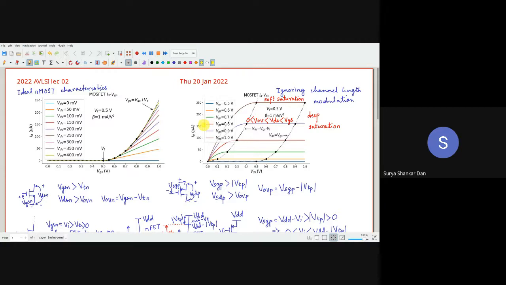Okay. So when we say that the transistor is switched off in this region, meaning that the current is 0, wow, then there are no static leakages, right? Not at all. You will find static leakages, and especially in modern technology, these leakages are probably only 10 times lower than the on current. So basically you can't even think about it as switched off. Okay, so that's what this course is about. So coming back to this, the soft saturation region is here. The deep saturation, obviously, sorry, the deep saturation is what? VGS.